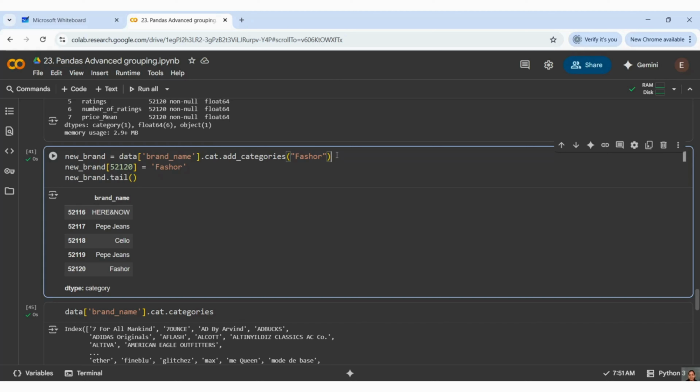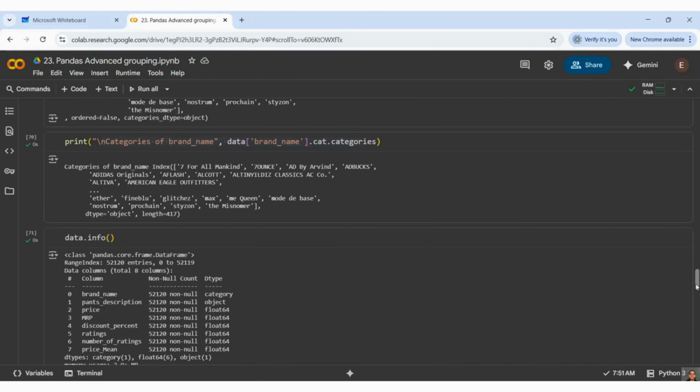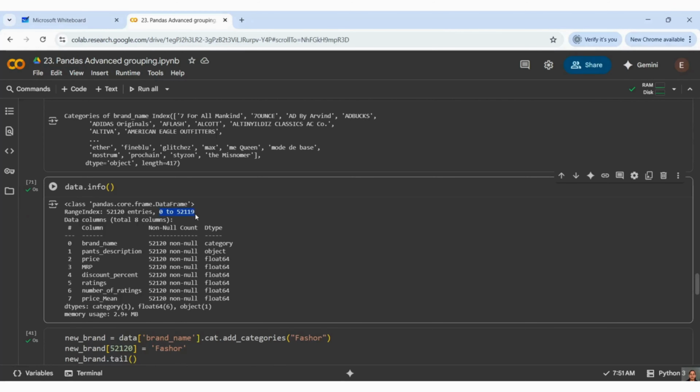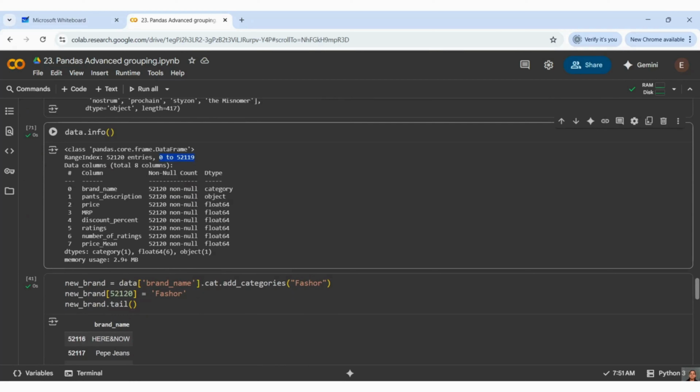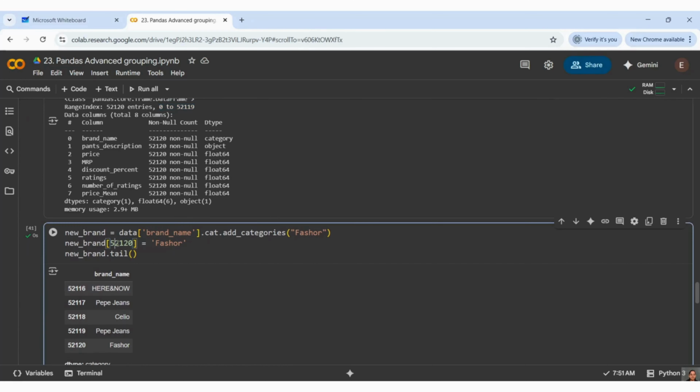It is not ending here. After that, what you have to do, you need to check in which index you want to add it. So basically, if I add in between these indexes, 0 to 5 to 119, some of the existing values will change. I do not want that to be happening. I want my data to be present in this index. So I can pass my index here, right? And this is your data set or data frame. And I'm assigning that to FASR.